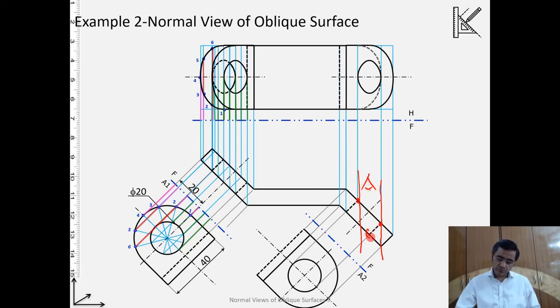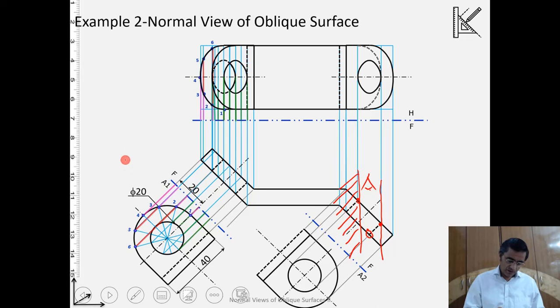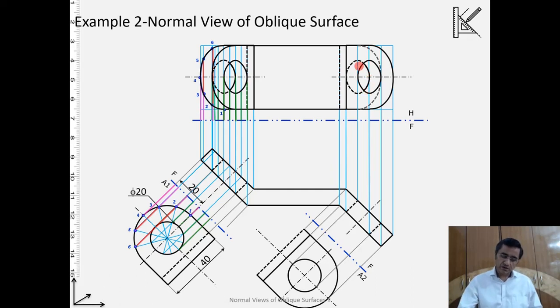So this will be visible while anything over here will not be visible, because this area in between is an empty area, because the drill is passing through it, so this part will be visible. If we do it, we can do the other one also, and that is how part of it is visible, rest is dashed line. So we have completed this complete horizontal projection of the object.